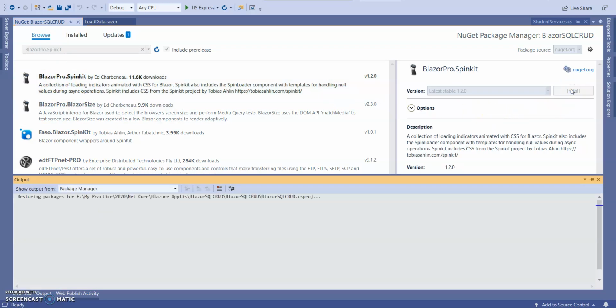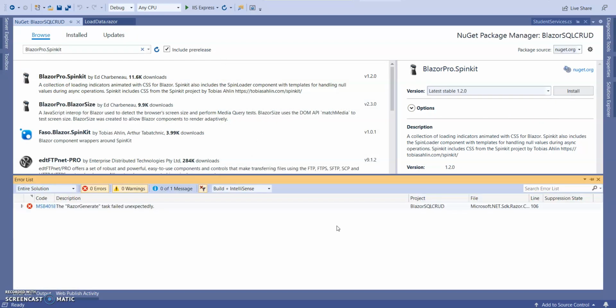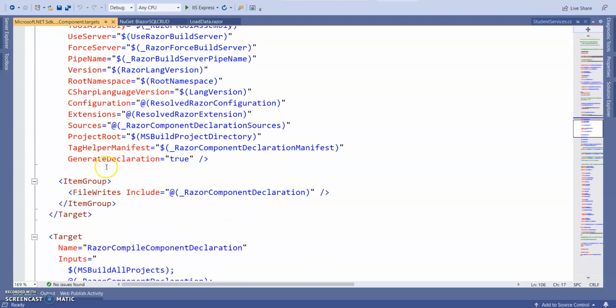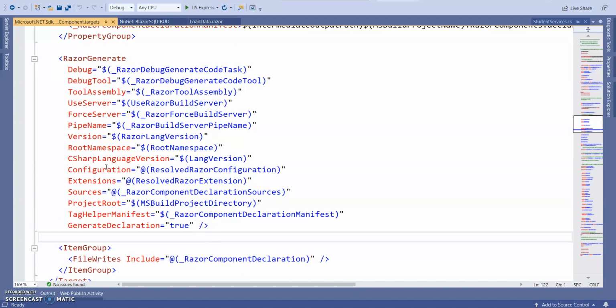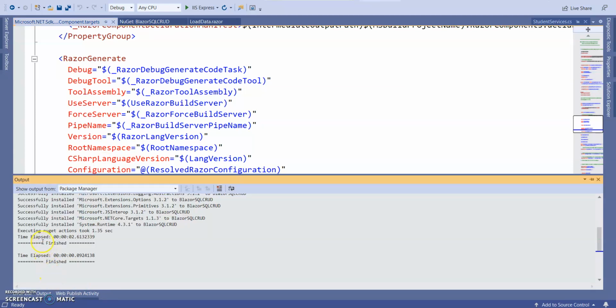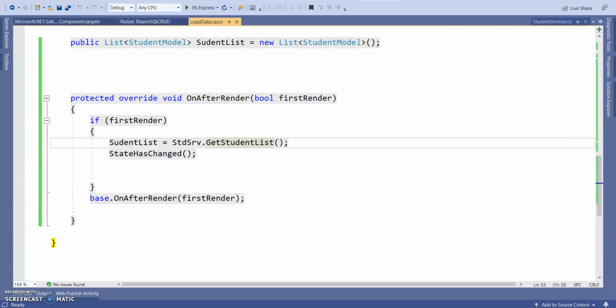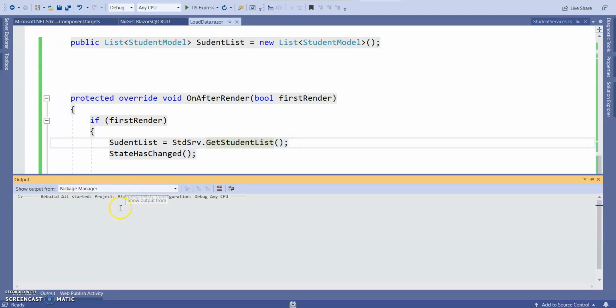Click on install, accept. You can see it is added.